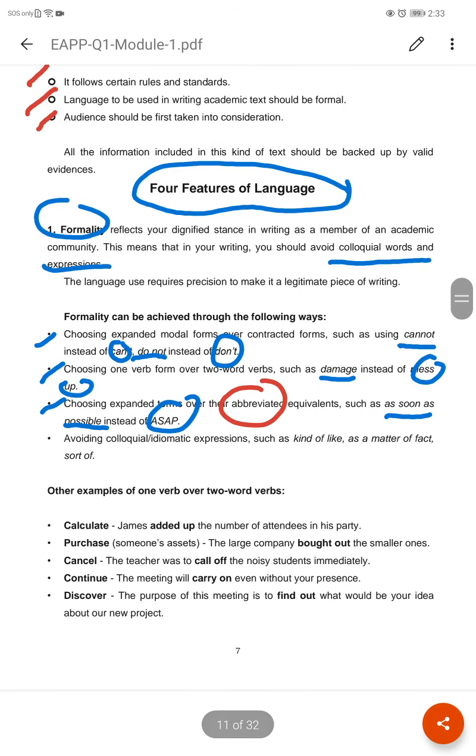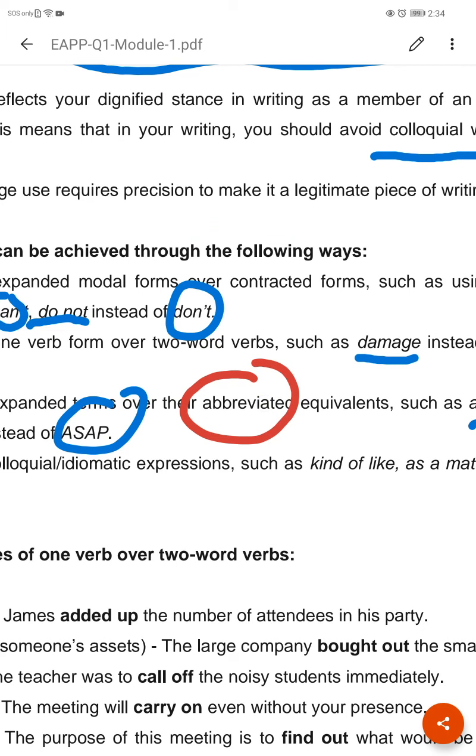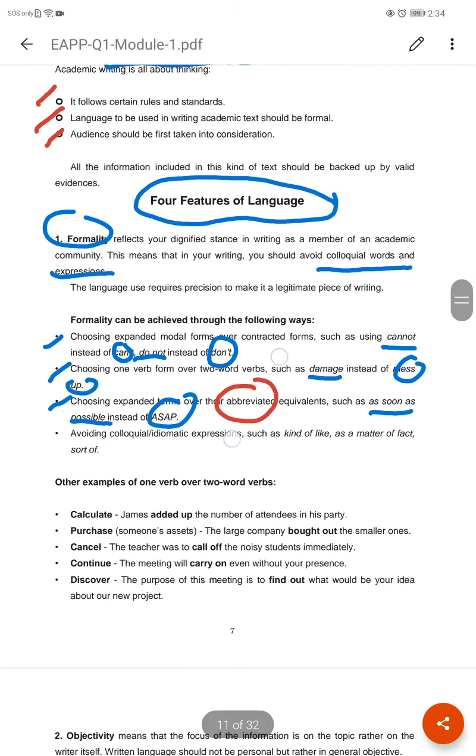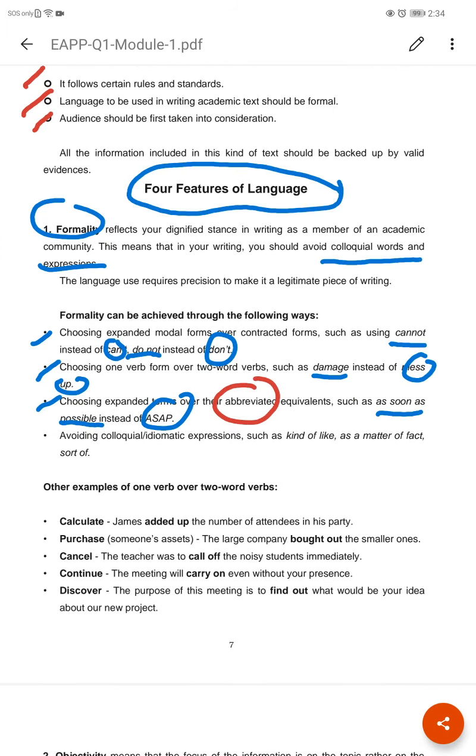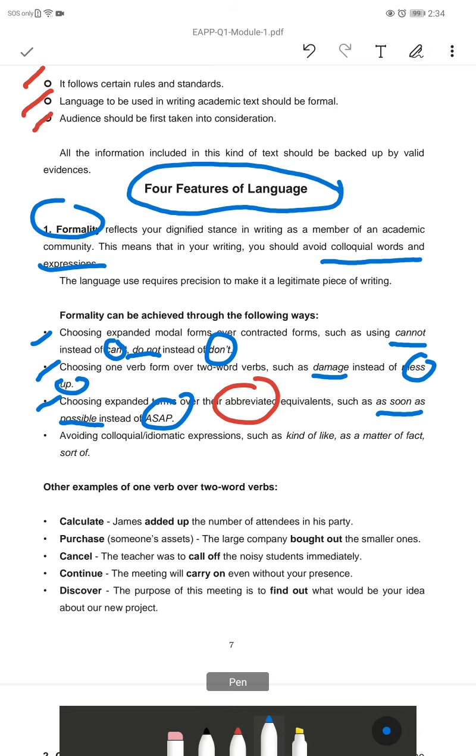So that's an example of an abbreviation. If you want to achieve formality in writing, guys, as much as possible, avoid using abbreviations. Complete the words per se. For example, as soon as possible. Write as soon as possible and don't write ASAP. Okay? And then finally, one way to achieve formality in writing is avoiding colloquial or idiomatic expressions such as